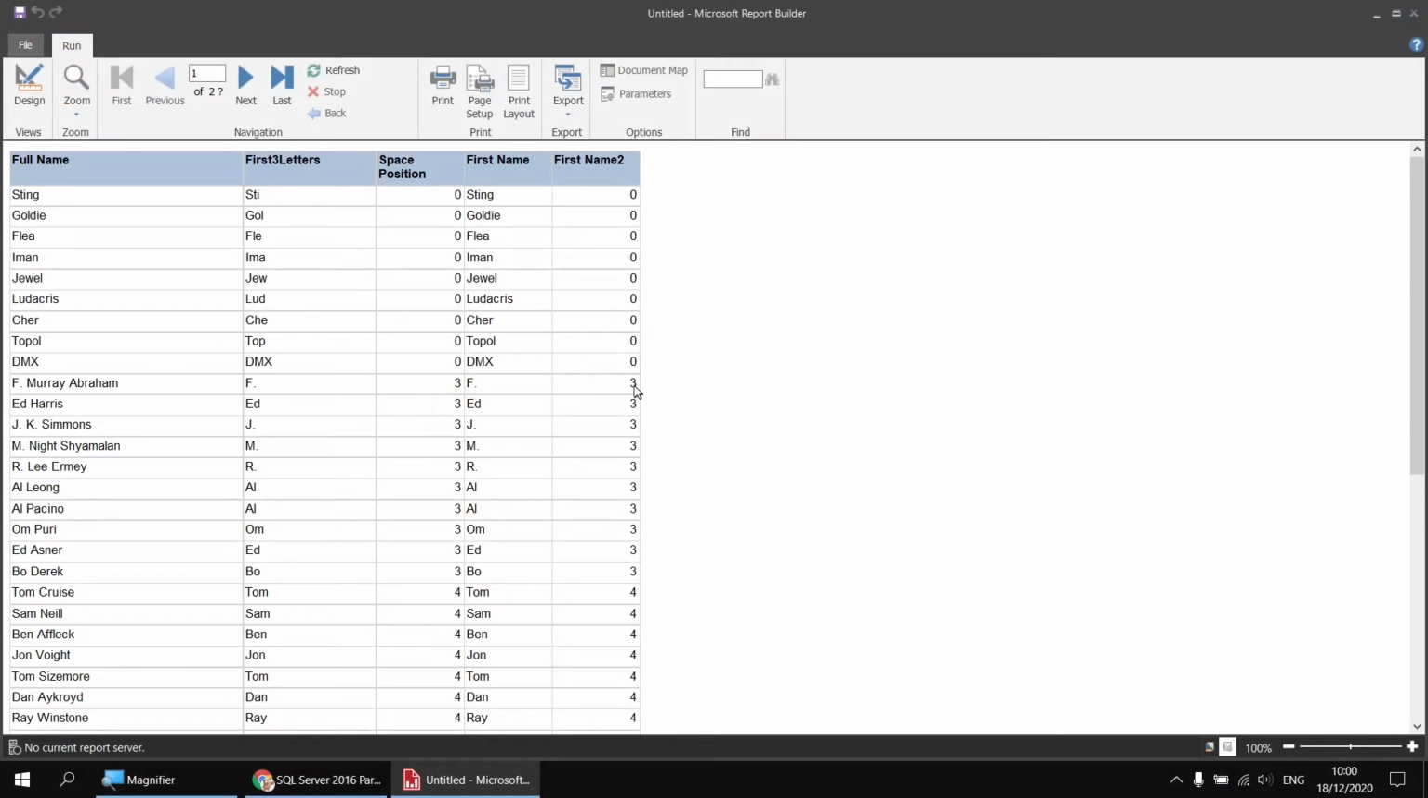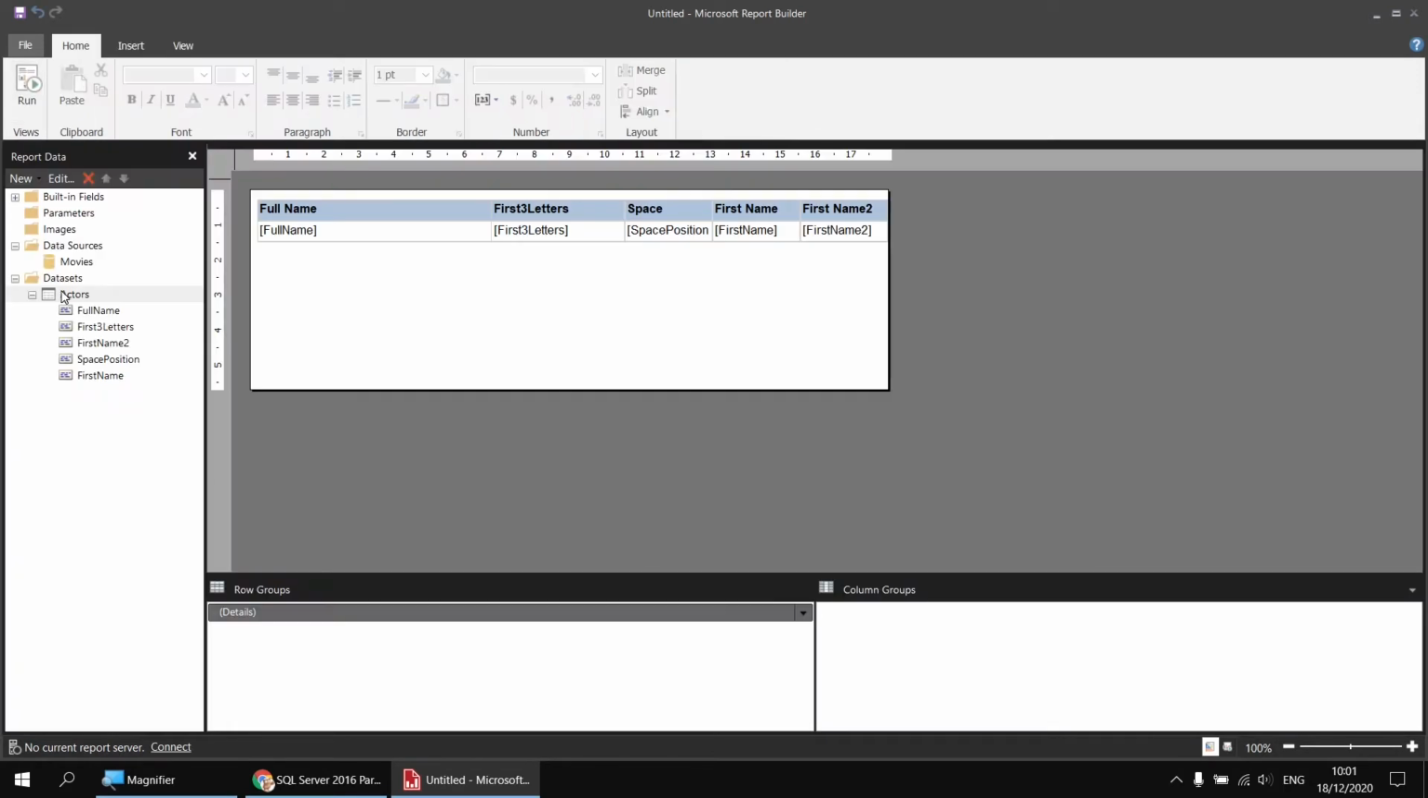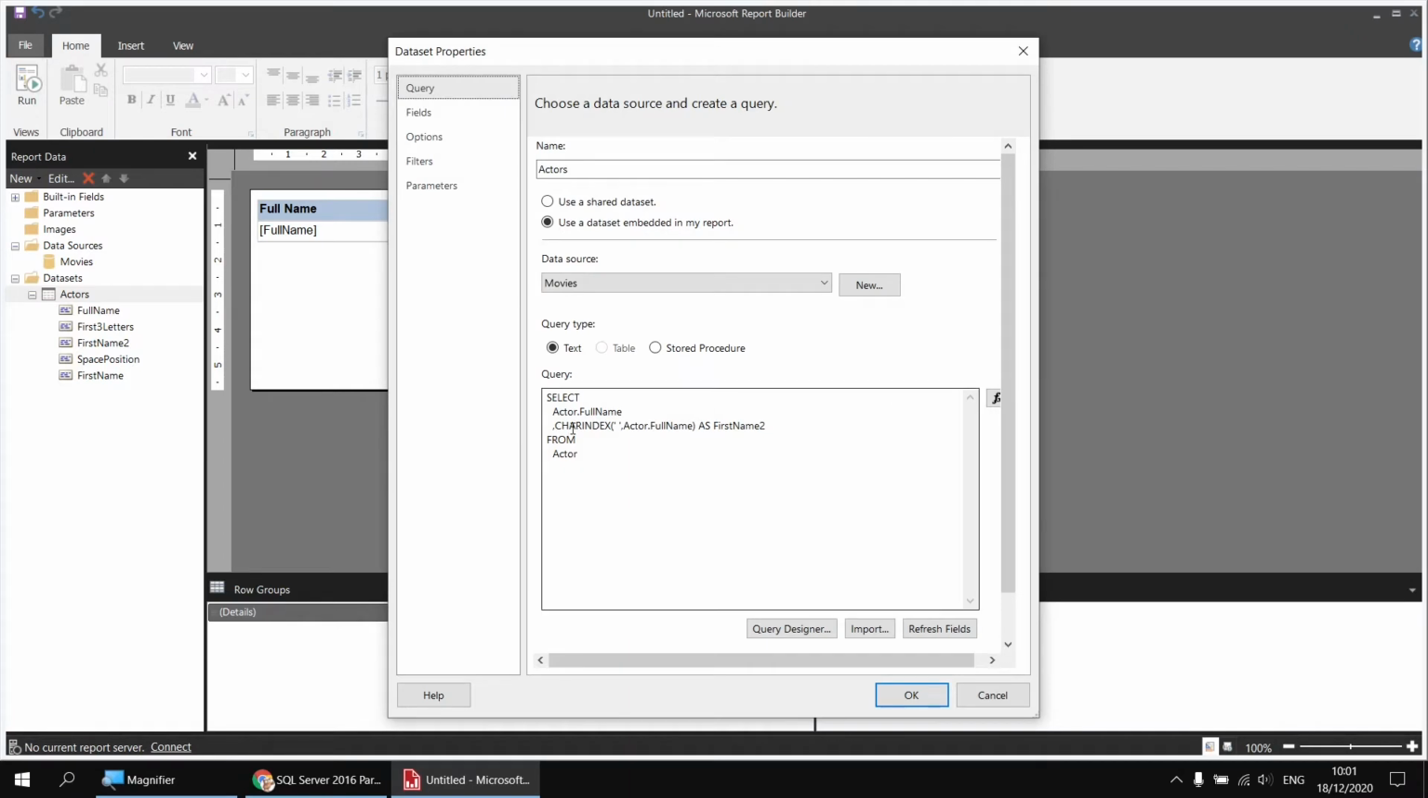So now we want to get this number of characters from the left of the actor's full name, and the function which does that in SQL is actually the same name as the one in Visual Basic. It's called left. So let's head back to the design view, and I can right-click the actors dataset and choose dataset properties. Now I'm going to wrap the left function around the charindex function, so I'll say left, open some round brackets, and then I want to reference the actor's full name, so I can copy and paste that, and then type in a comma and say charindex,